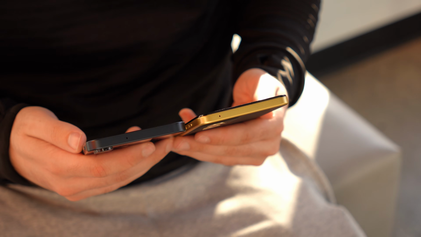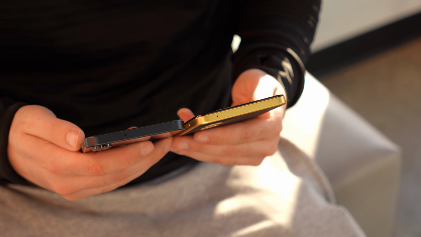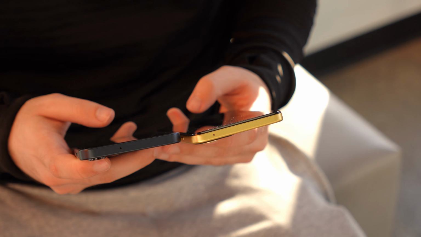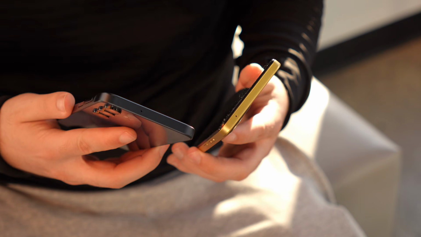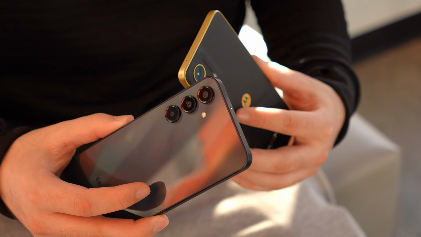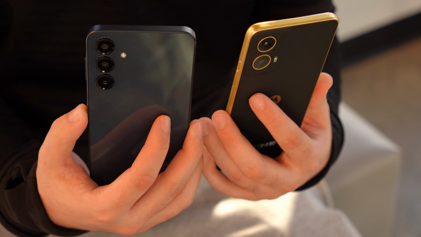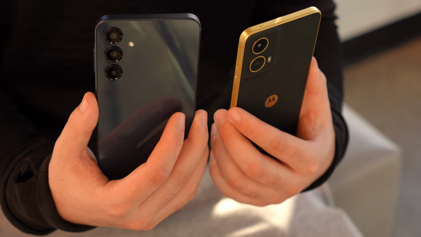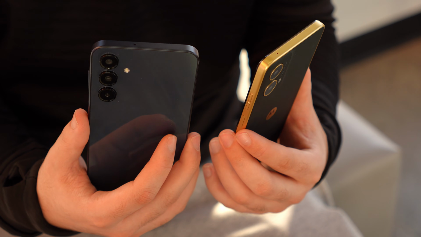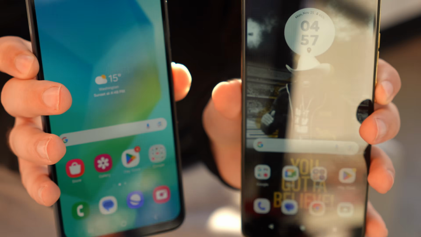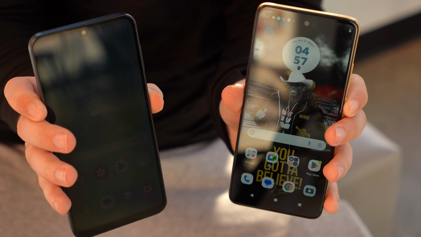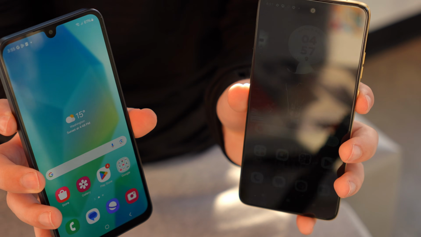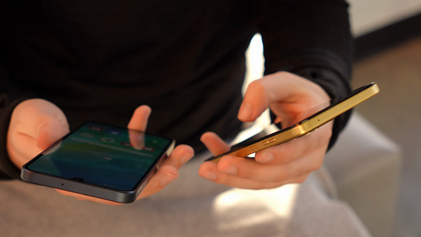But overall, here's my solid conclusion that I want to give you guys. If I were to buy one or the other, I would go for the Galaxy A16. One, it does give me a better display, an ever so slightly better camera, and ever so slightly better performance. The battery life on both of these devices is very similar, and I do prefer the design of the Moto G 5G, but design is just not everything, unfortunately. If it did have a 1080p display, even if it was IPS, I may be leaning towards it a little bit more, but because of its lackluster display, the display really killed this phone. Hopefully in the next generation we really don't get a 720p display.